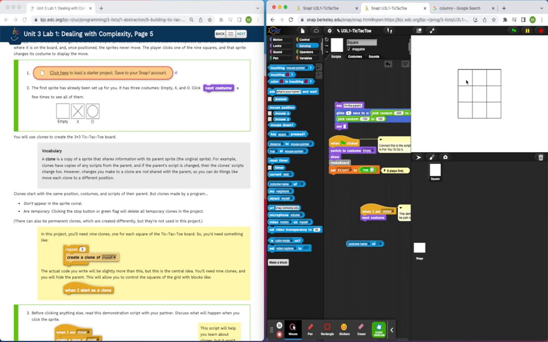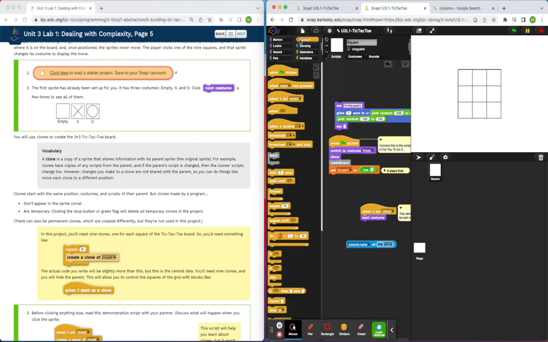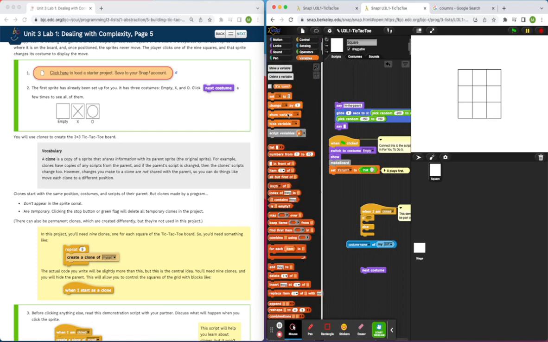So each time you click on these, it's not going to automatically switch over. It's going to first check, is it X's turn? And the way it's going to check that is name of costume. Actually, no, I'm going to back up just a little bit. So we're going to do an if statement. If else statement. Okay. And it's going to be if X's turn equals true,